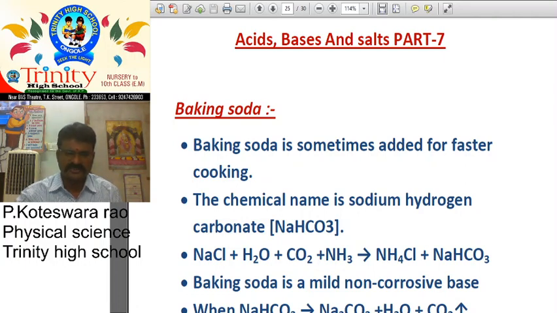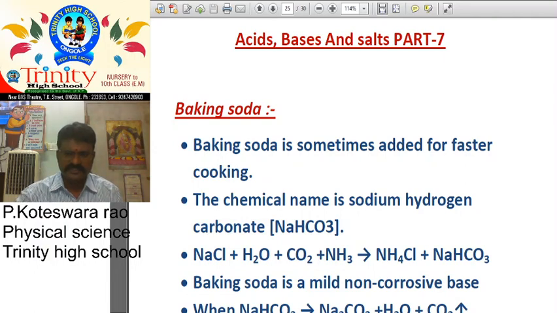Here 2 hydrogens, here 3, totally 5 hydrogens. Now here 4 and here 1. Totally how many hydrogens? 5. Right-hand side also 5. So what about the next one? Oxygens. Here 1, here 2. 1 plus 2, 3. Now we want to check oxygens: 3. So it is a balanced equation up to here.